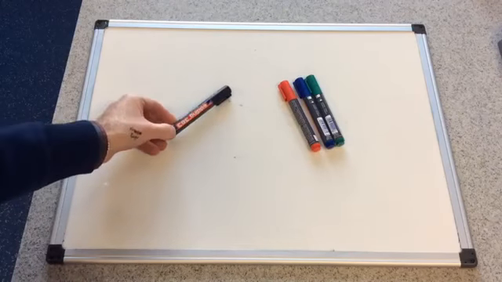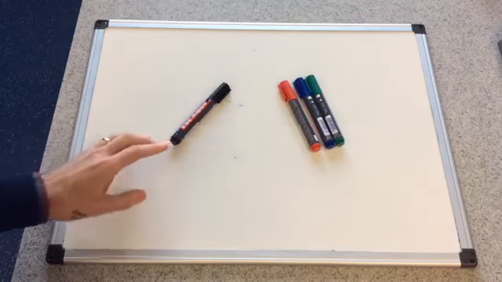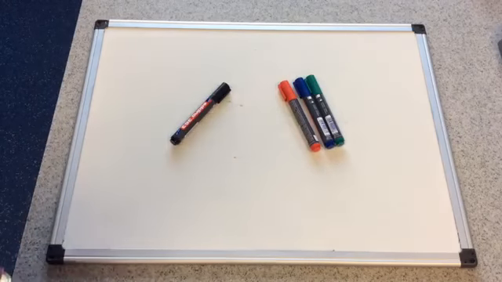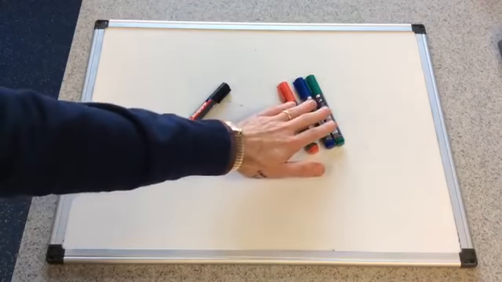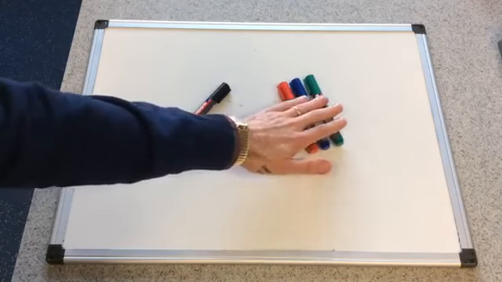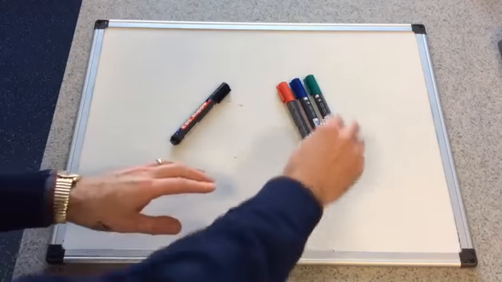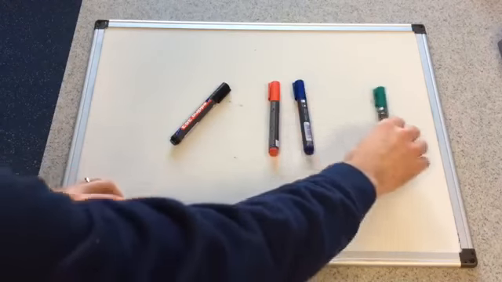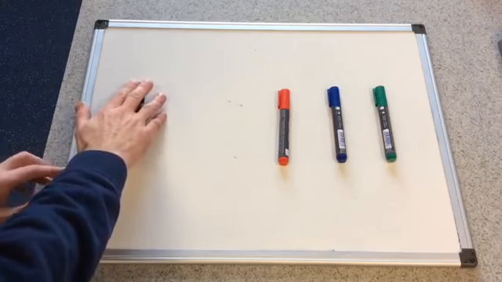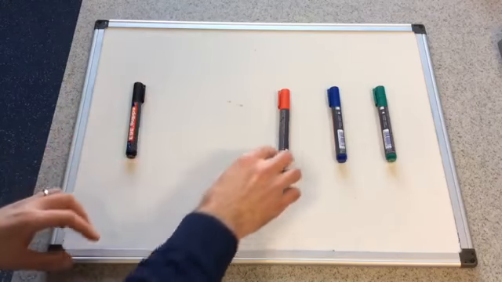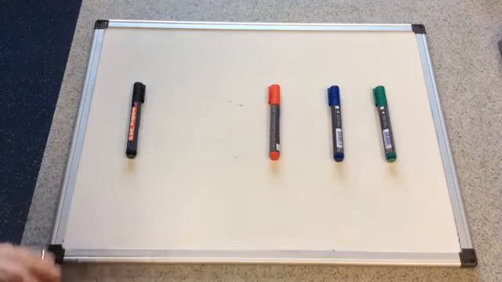you would run a paper chromatogram of that, and you would see that it's actually made up from a variety of different coloured inks. So I've got the red pen there, and the blue pen and the green pen. So chromatography allows us to separate these separate colours that actually make up this colour that we see, the black colour. So we're going to focus on, well, what is it about these different colours that allows this separation to